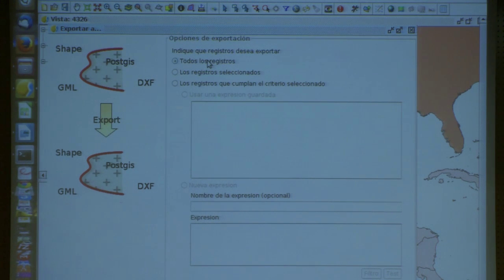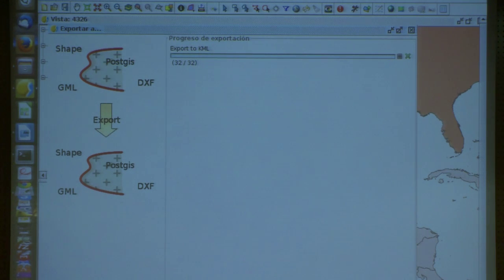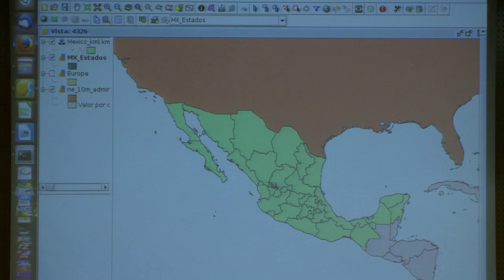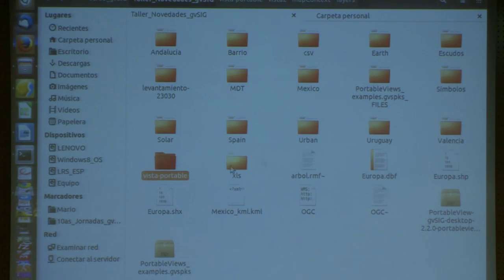Entonces, marcamos todos los registros porque queremos todo. So then we mark the records because we want the layer, and we say export. Then we say whether we want to insert it in the view, and we close it, and we have it in a KML format. Well, those of you who have Google Earth can open it, and I have it in this